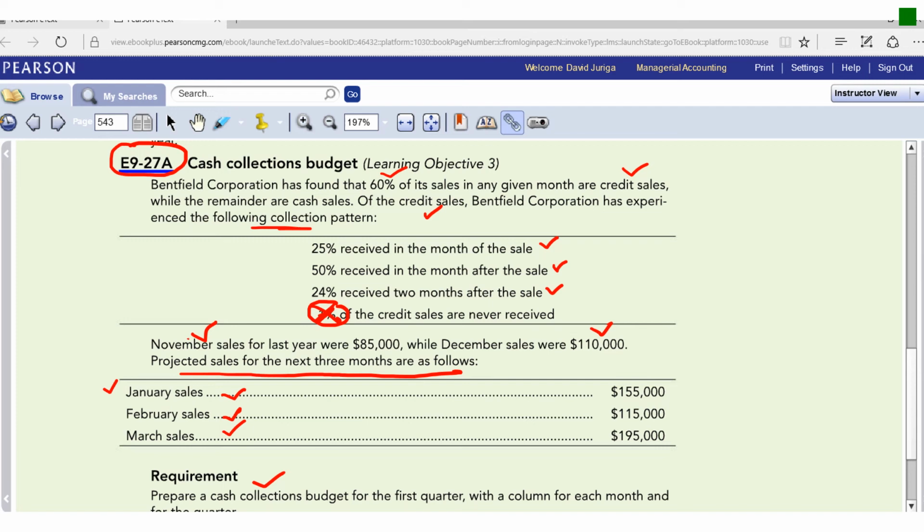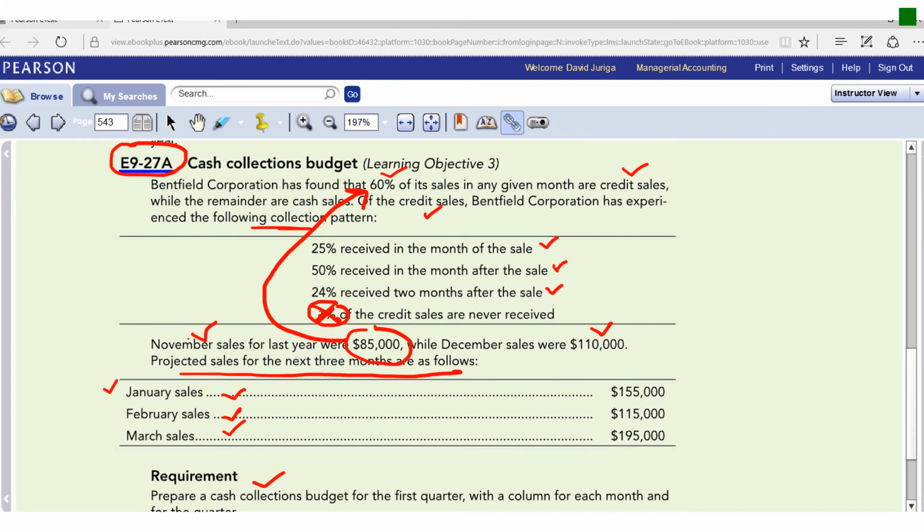So the trick with these cash collections is once you look at their collection pattern, when you take any given month or quarter, most of the time you're always going to have to look backwards to see what happened in the previous months to project what's going to be collected in the current month. So again, remember the other thing you got to watch out for is that once they give you these sales numbers, you have to also remember that 60% of those is the credit part. So you're going to have to do another calculation before you actually do the cash collections, because these collection patterns